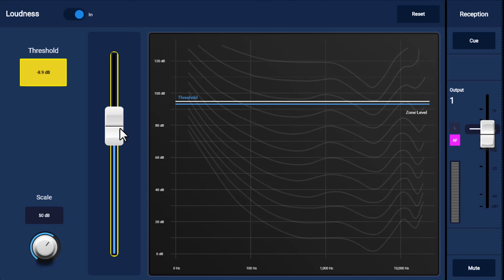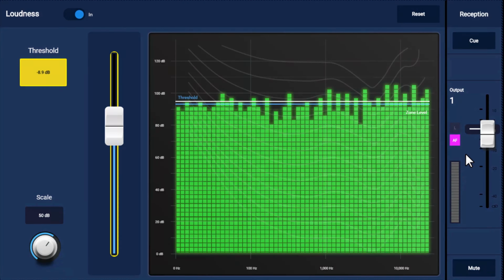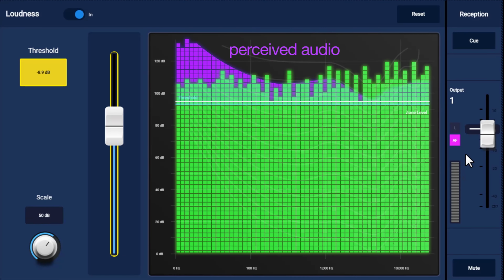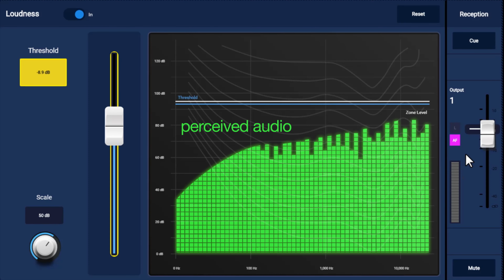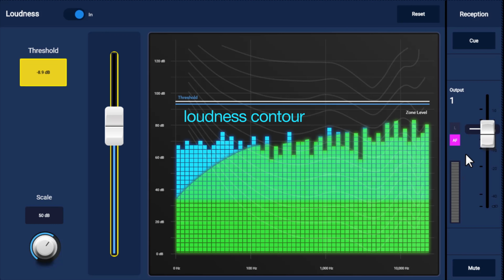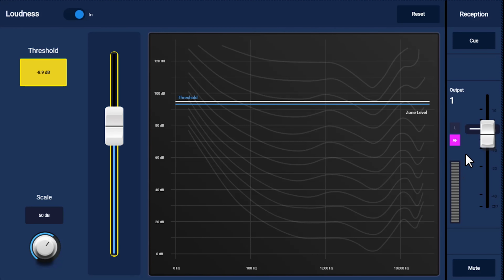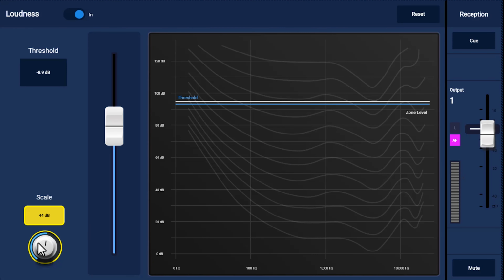When the volume gets turned up, your ears respond naturally and the perceived low frequency content actually increases. When the volume gets turned down and goes past the threshold, the loudness circuit responds by boosting the low frequency content following the equal loudness contours, which helps the perceived low frequency stay constant regardless of the volume. If you want to increase the low frequency response of the circuit, you can increase the scale.